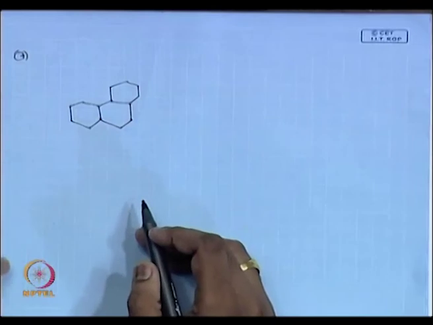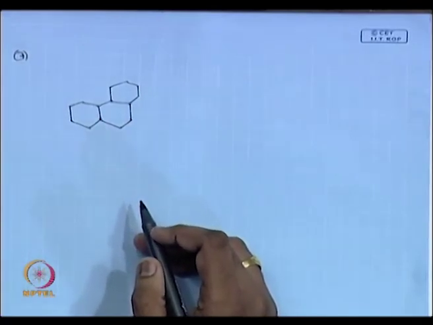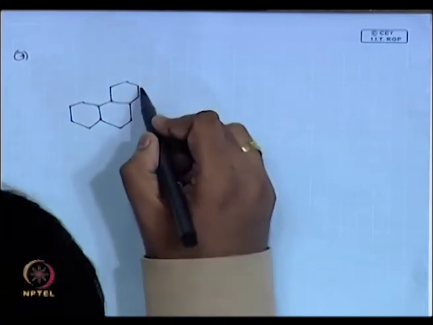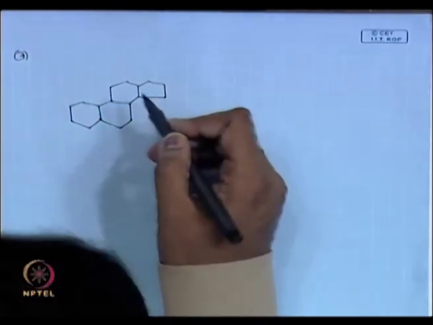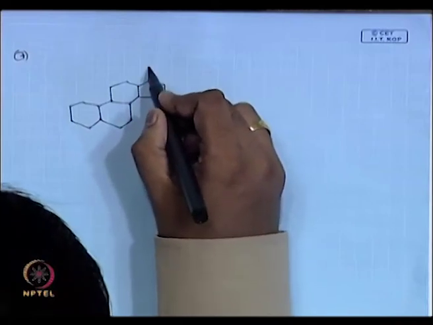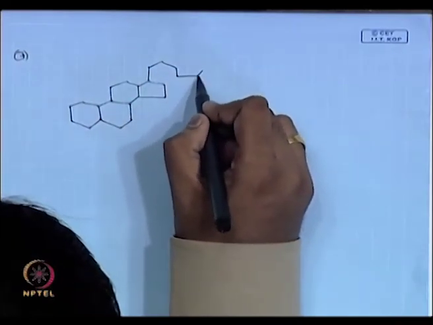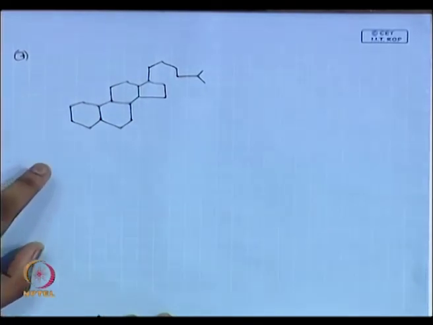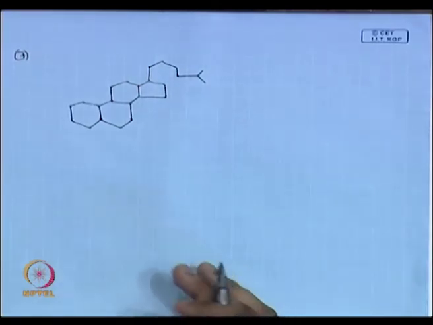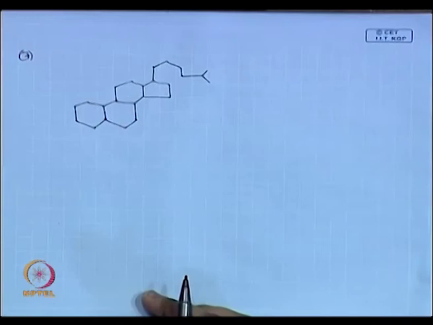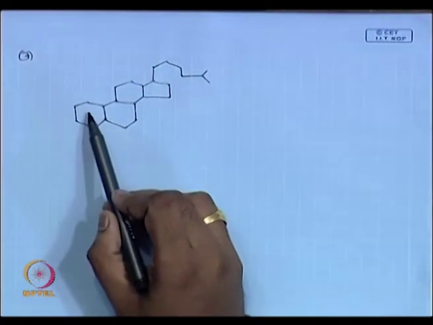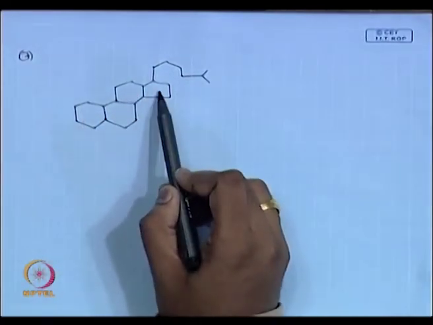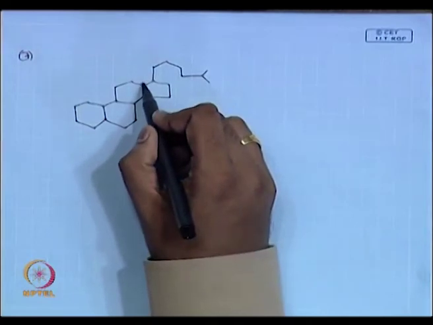Have you started studying natural products? You have A, B, C, D rings, which I think next semester you might study in natural products. There you will see terpenoids, alkaloids, terpenes, all these things, where you normally call this the A ring, B ring, C ring, D ring. Then you will always have a methyl here.